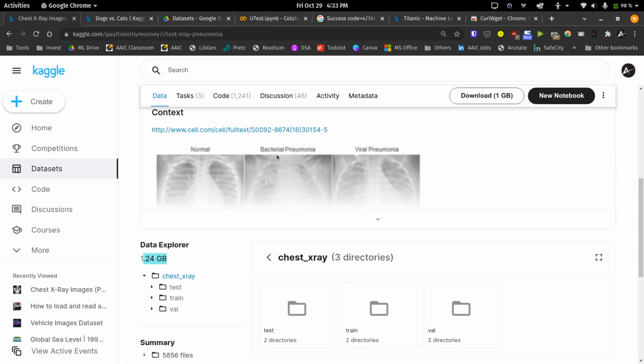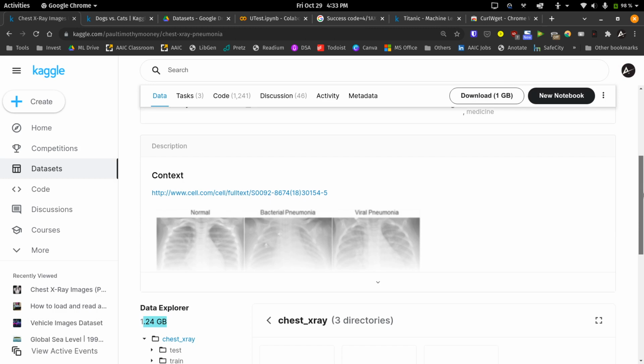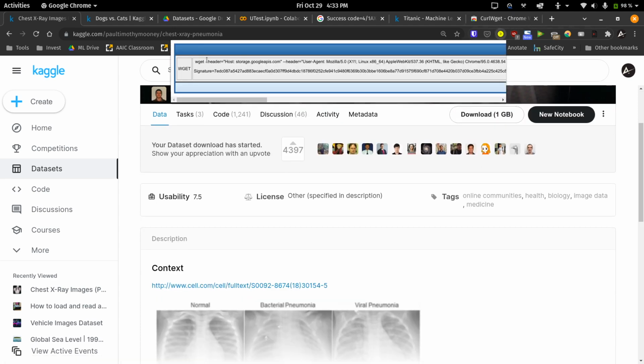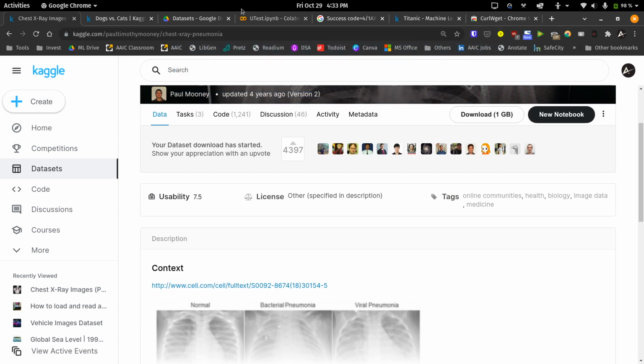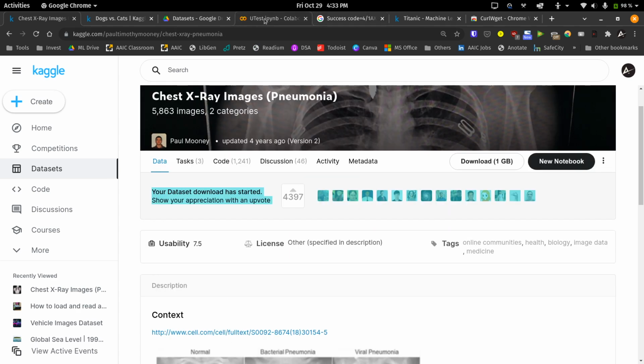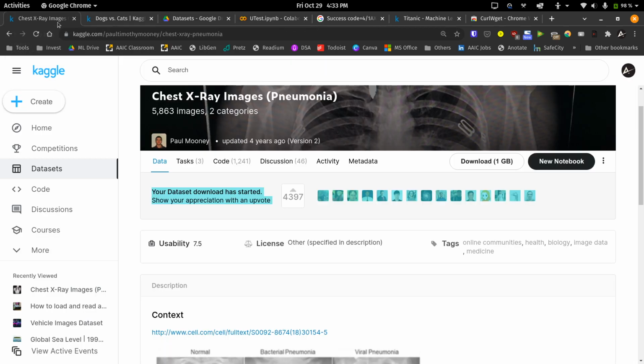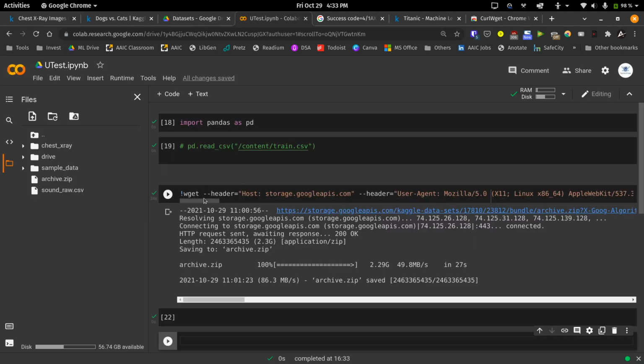Remember, this does not work only with Colab but with any resource available on the internet. Any resource which you are able to download using a browser, and for which you can fetch the wget header, should work fine. It should work across GitHub or any other sites. This is not specific to Kaggle, but I just wanted to show it to you on Kaggle because it's widely used. Let's assume you have a dataset of size 30 GB and Drive obviously would not support it. Either you can use the Kaggle API if it's on Kaggle, or if not you can just use this method. This will work a lot faster and it's better.